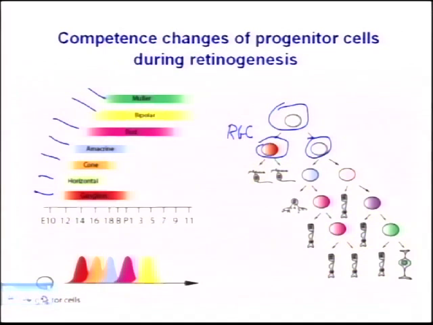That retinal ganglion cell can then produce substances because now it's been programmed differently than its mother, the progenitor cell, and it can send out information into the environment to change the environment of the retina and allow the next cell types to be produced. And so that's the idea, that as you move through retinogenesis, you have this temporal patterning and competence change in